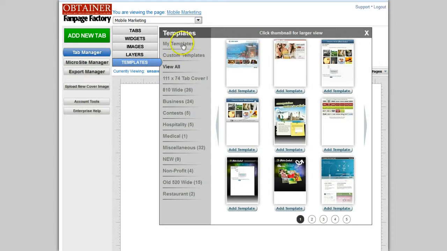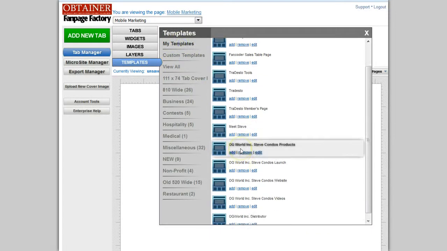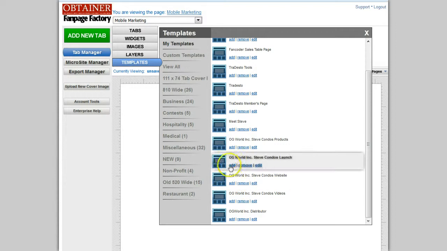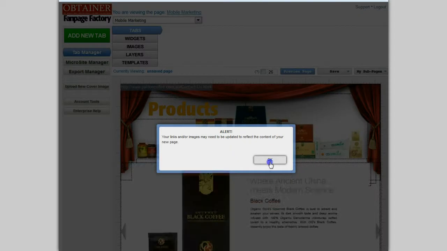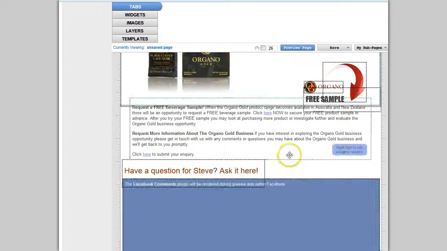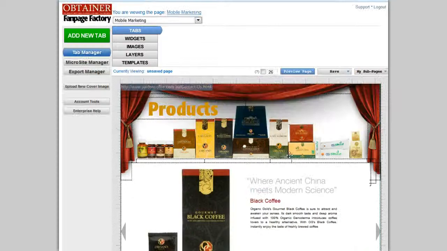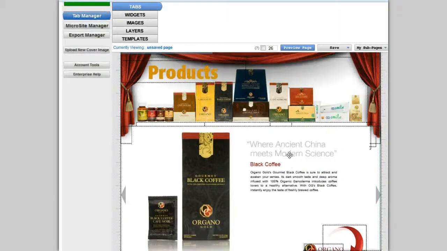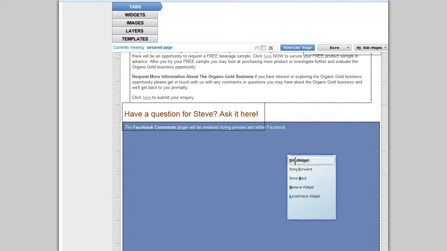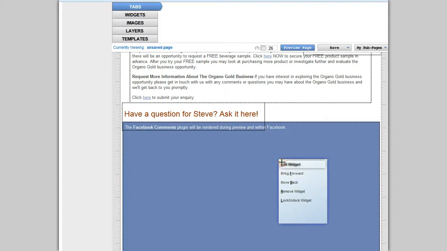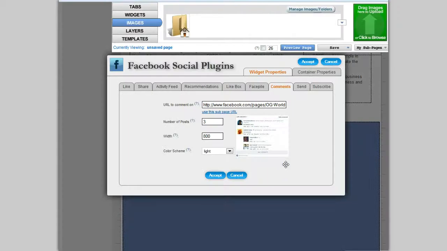I'm going to go ahead and give you an example of something that we've already created. Let's go ahead and drag this onto the page. Simply by clicking it, you can bring these tabs in, and you have essentially what is already a pre-made tab, and all we really need to do to customize it for you is to go in and make changes to the comments. For instance, if I open this up by right clicking and then clicking on the edit,